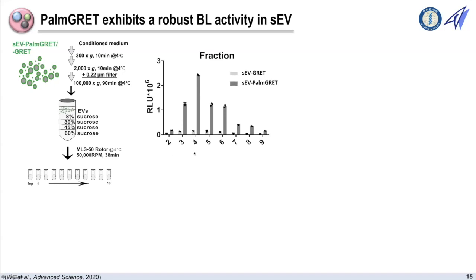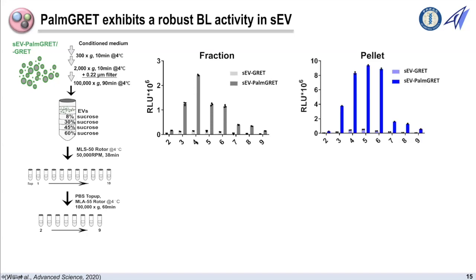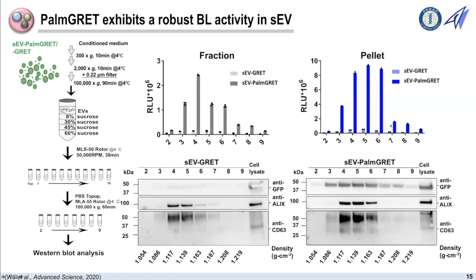And then after here, we can see that the highest signal goes to SEV PalmGRET. The fraction we can see is from 3 to 6. Later on, we further use the PBS to wash this fraction to further pellet those pellets from the fractions. So we can see that the signal corresponds to the fractions signal, which starts from 3 to 6. And after that, we further use the Western blot analysis for those pellets to see if our signal